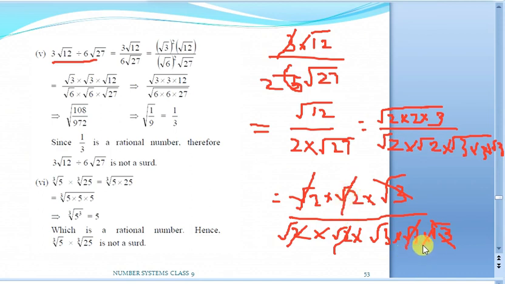Now see here, nothing is in the numerator, that is 1. So remember, we have not cancelled this root 3. Root 3 into root 3 is what? 3. So this entire thing will be 1 by 3. So this 1 by 3, is it an irrational number? No. Why? Because if you see the decimal expansion, it is going to be non-terminating, repeating in nature. That is why it is not going to be irrational. So the overall result is not irrational.